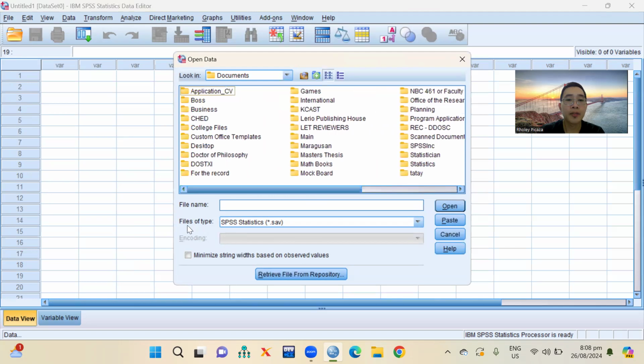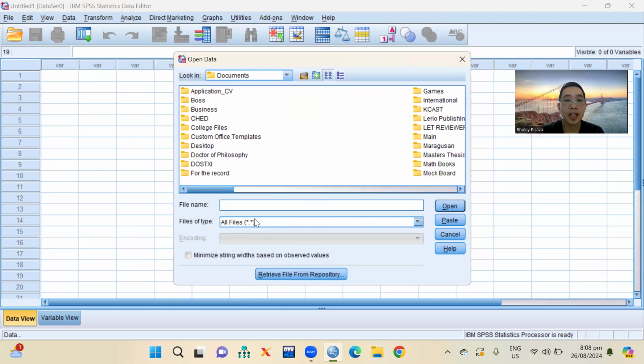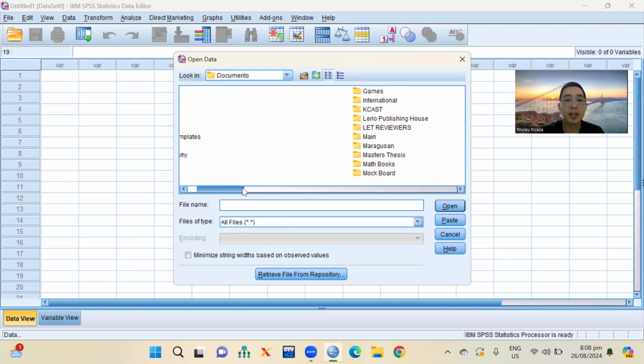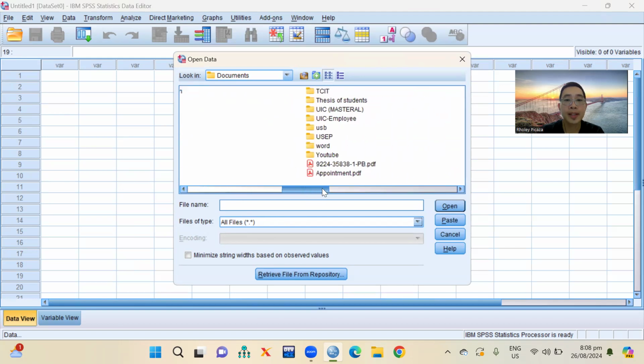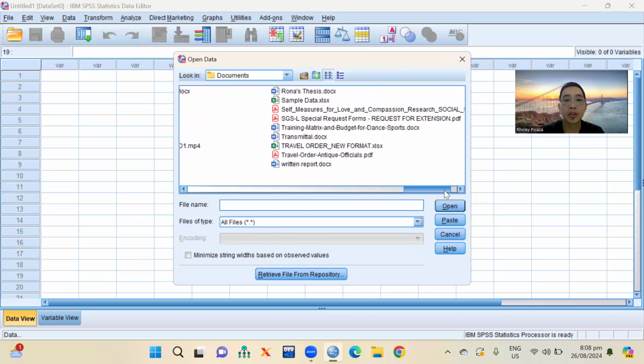So the files of type must be checked and press all files for you to be able to find your Excel. So we have now all files. So all files will be seen here in our document.